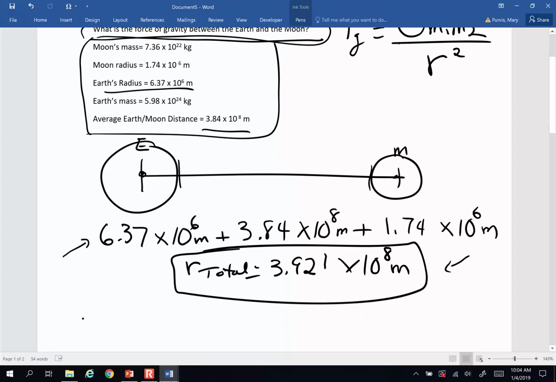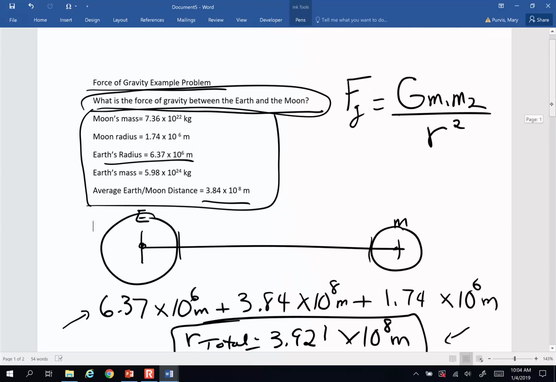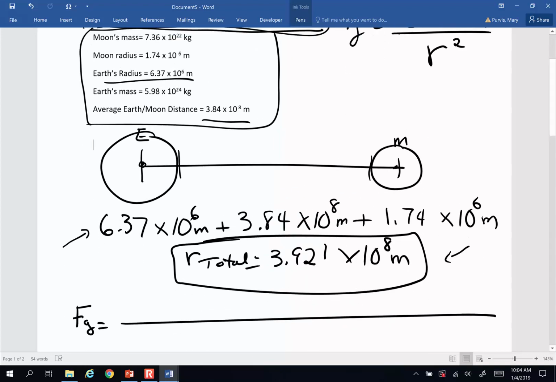So the force of gravity is going to be equal to, and I'm just going to put my numbers right in here, first G, and G is 6.672 times 10 to the negative 11th newton meters squared per kilogram squared. Mass of the first object, mass of the Moon, 7.36 times 10 to the 22 kilograms,